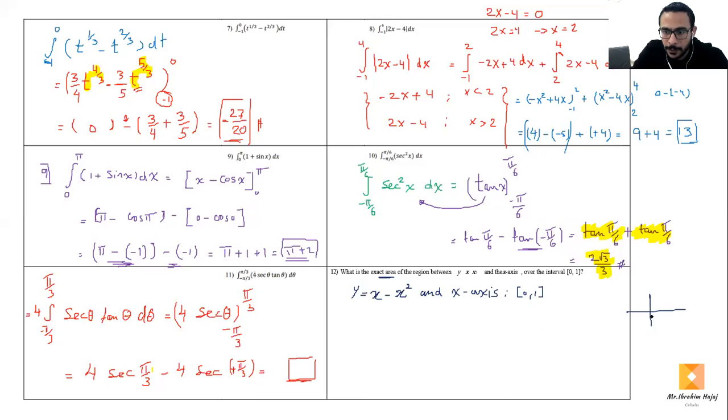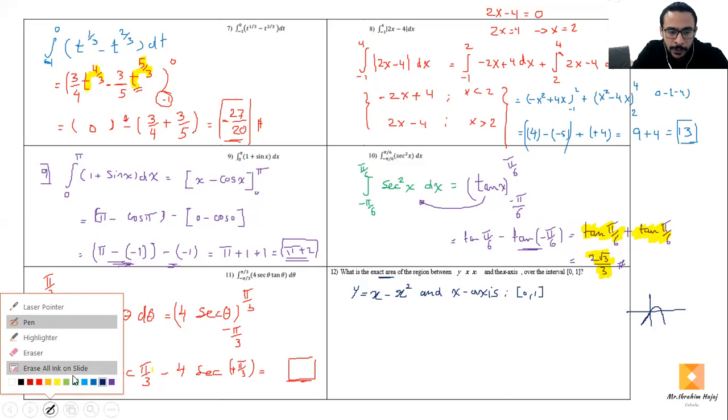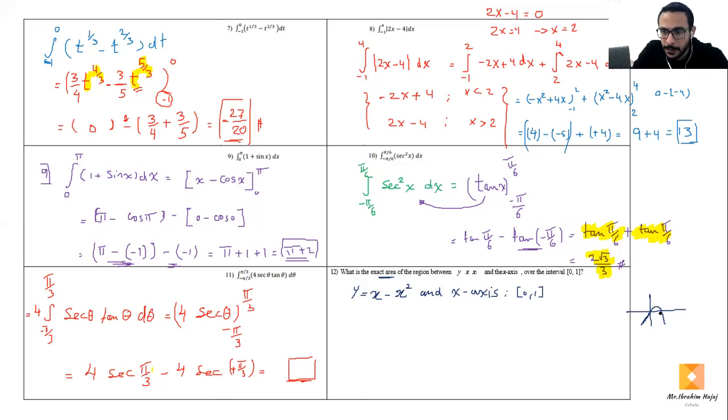So your graph will be like this. We need only the part under the curve with the x-axis. Yes, this part. So, the definite integral from 0 to 1 of x minus x squared dx equals,